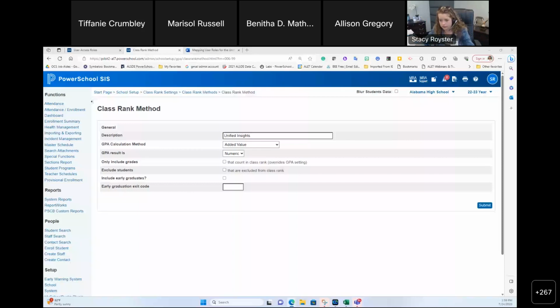Christy, attendance to clarify, if a student is marked present first period and then the second period marks them absent, the remaining periods will be marked absent after second period post. Correct. Office can enter attendance that isn't overridden, but a teacher period by period can overwrite what is posted by teachers. Yes. So that means that your teachers have to make sure they're taking accurate attendance, which can also, again,